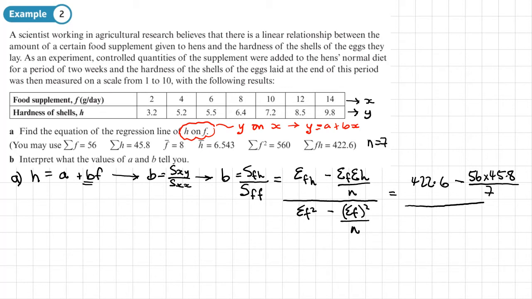And all of that is going to be divided by the sum of F squared, which is 560, minus the sum of F, which is 56, and we're going to square that. So it's 56 squared over N, 7. So the top part of this is 56.2. We'll calculate the bottom part, and that's 112. So this is just calculating B, so 56.2 divided by 112, and we get